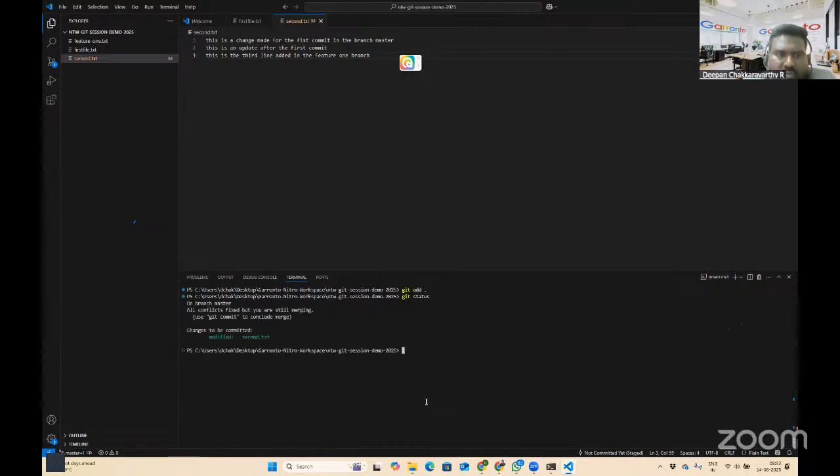So all conflicts fixed. Now it says all conflicts fixed, but you are still merging. I fixed the conflicts, staged the changes, and now I'm committing.